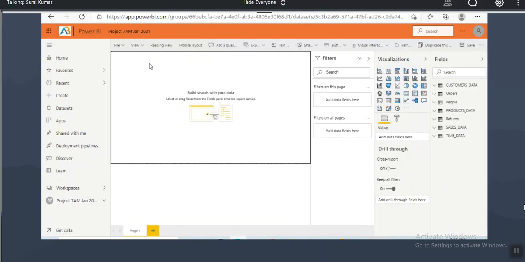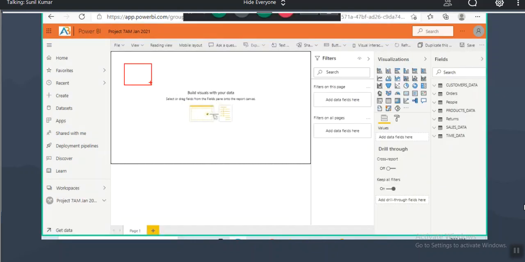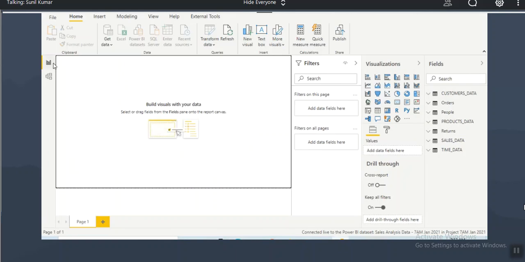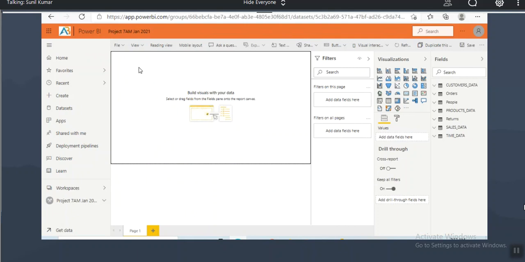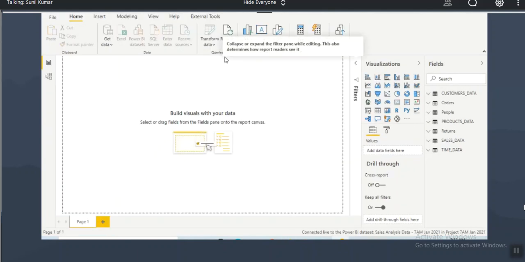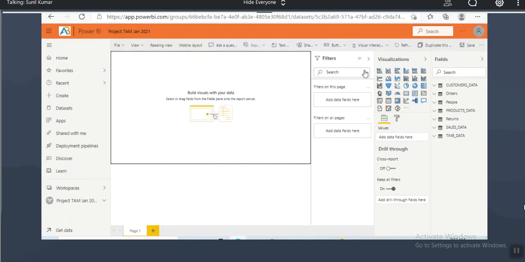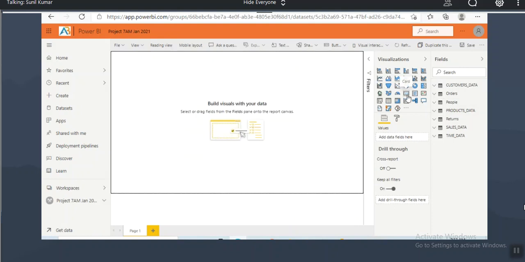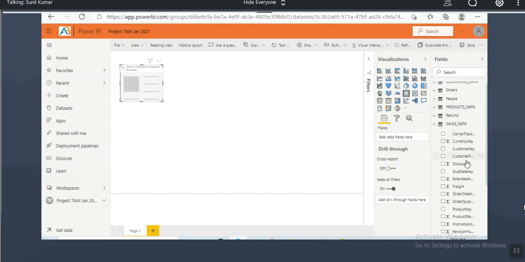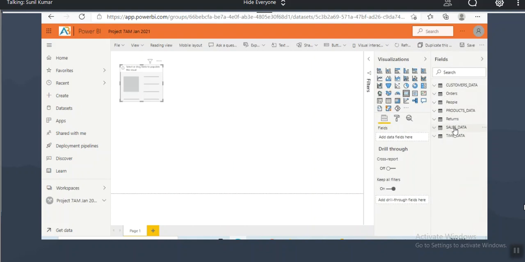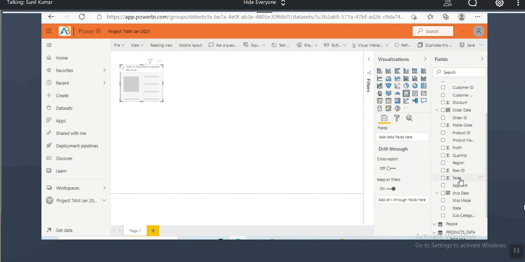You can start creating the visuals, but it is recommended to develop the report in Power BI Desktop only, rather than developing in Power BI service. So you can start developing it. Let me take any visual here, go to the table and drag the column. You can start creating whatever visuals you want. I want complete sales. It will show complete sales.